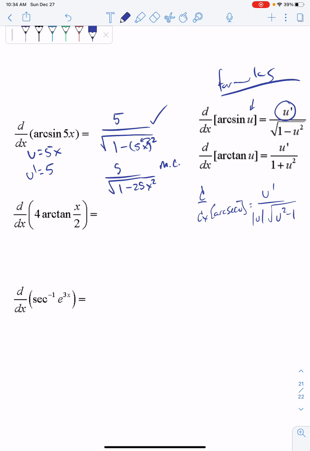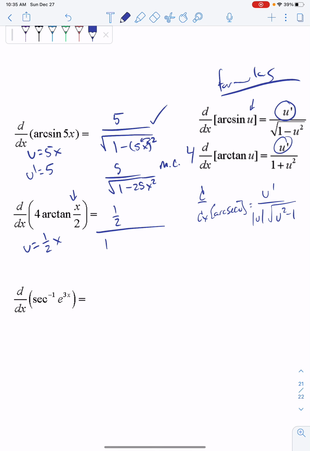Okay, second one, derivative of 4 arc tan of x over 2. That 4 is just kind of floating out in front, right? So it's kind of like I put the 4 out here in front of my arc tan formula. Other than that, it's just u prime over 1 plus u squared. So u is right there. So my u equals x over 2. That's the same thing as 1/2 x, which is how I prefer to write it. So I'm going to leave it that way. So the derivative of 1/2 x, that goes on top. That's just 1/2